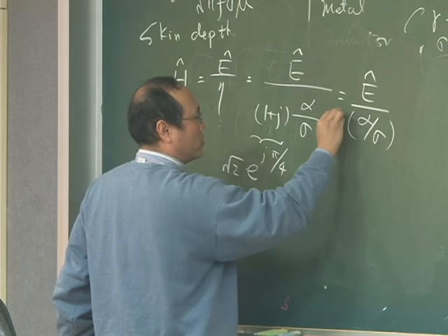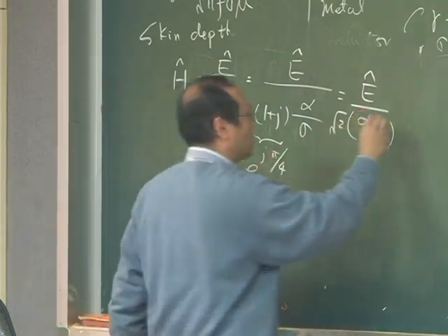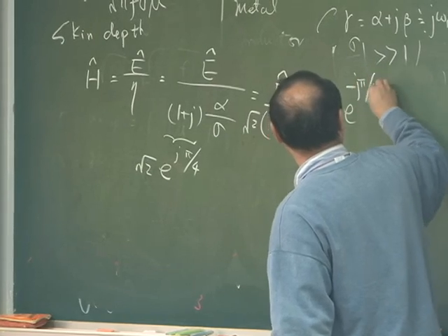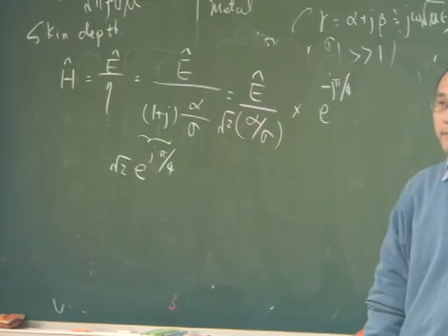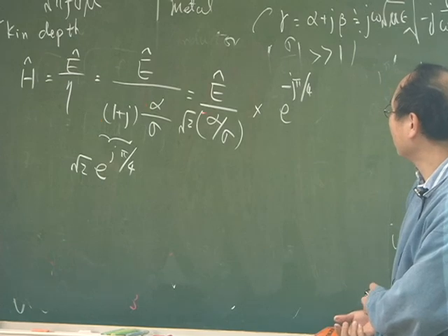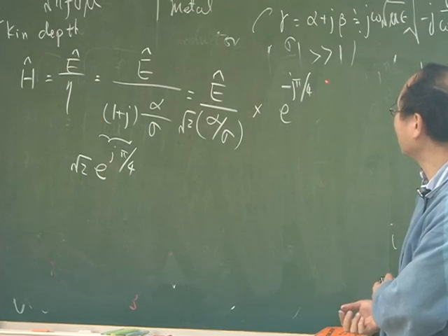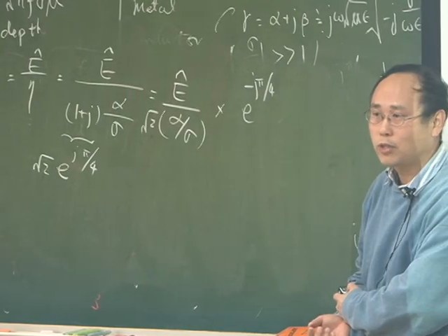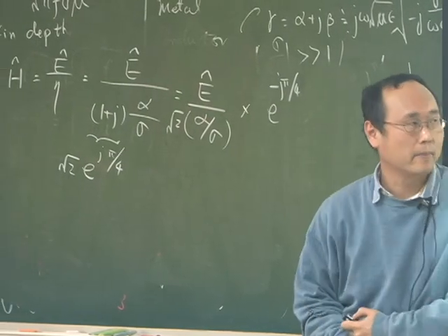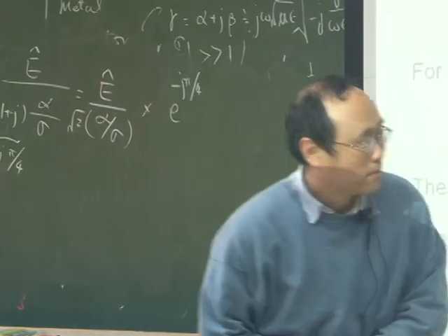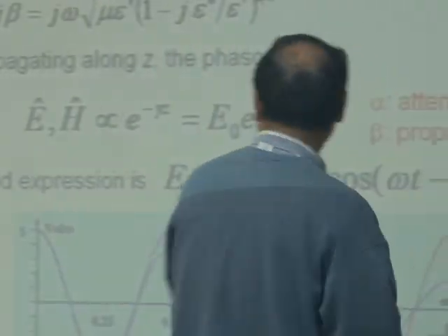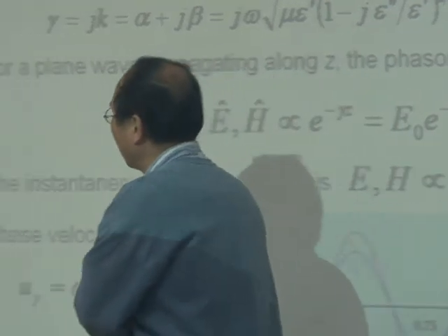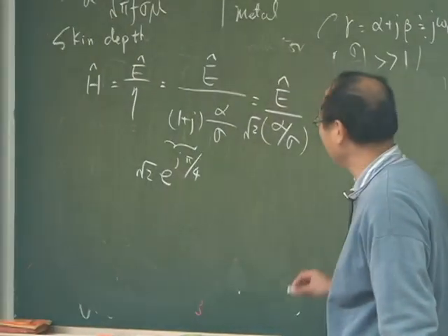So this is equal to this expression multiplied with exponential minus pi over 4. 所以你发现呢，就是 H field 跟 E field 之间有个相位差，这个相位差是 45 度角。OK，有没有问题？有个 45 度角相位差。